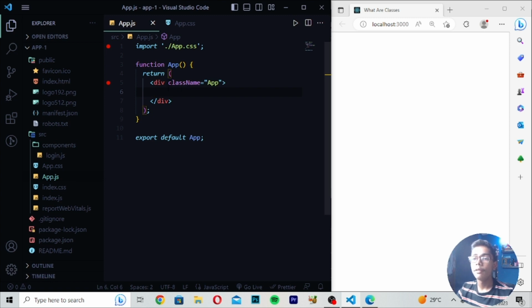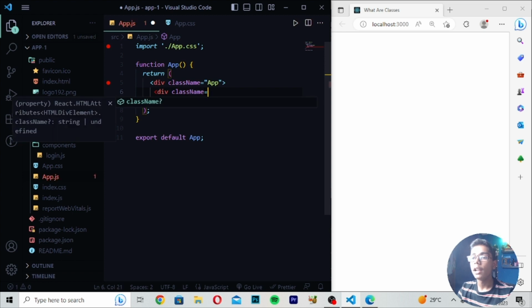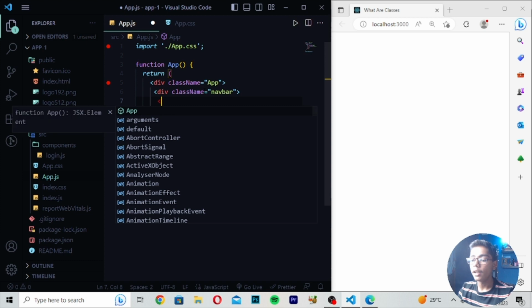You can see, when I created the React folder, this app1 folder, and when you move to this app.js file, you get one class name. This is the class here. In this class you can see the class written is app. So like this, you can change this class to any other name as well. Like if I create my own div, and in this I give the class of navbar, it means this is my navbar menus which I will be creating here.